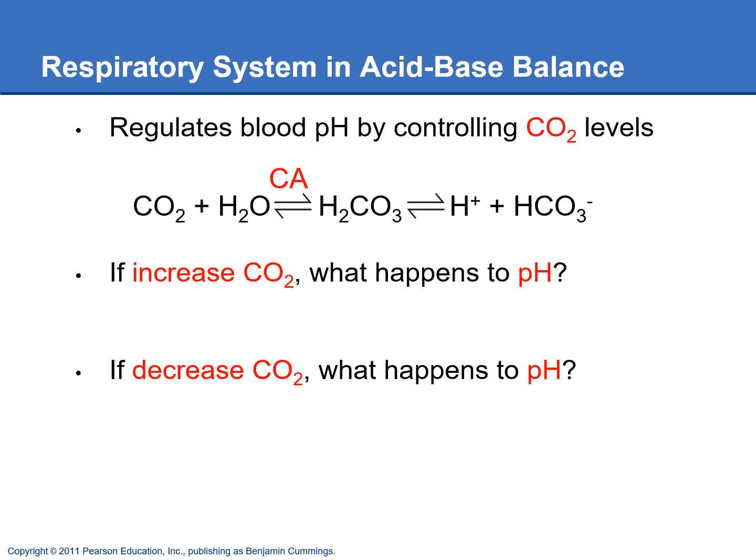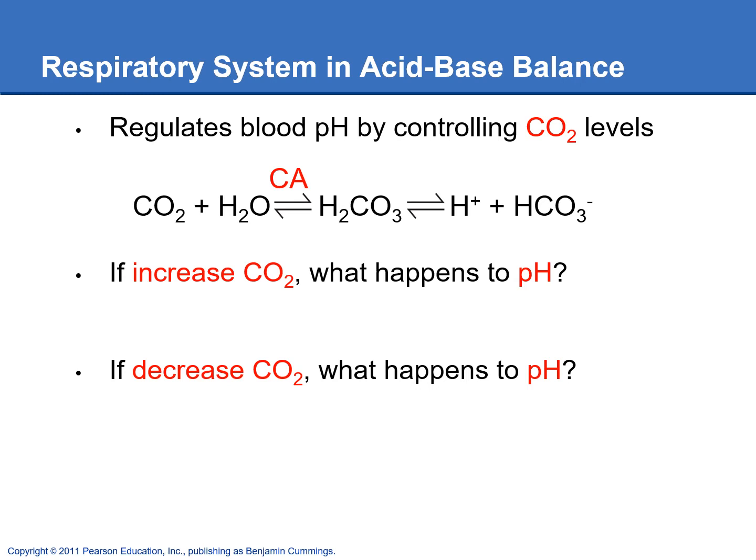So let's look at the respiratory system and acid-base balance. It regulates the blood pH by controlling the carbon dioxide levels. If you increase the carbon dioxide levels, maybe you hold your breath, or maybe you've taken too many opioids and you're breathing too slow and too shallow, what's going to happen to the pH? If there's too much carbon dioxide, that will shove the reaction to the right and you end up making lots of hydrogen ions. And if you have lots of hydrogen ions, that's more acidic